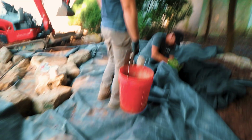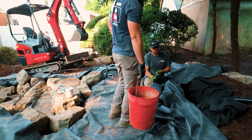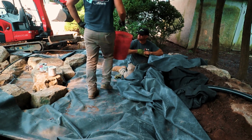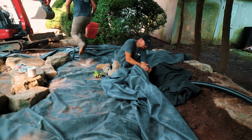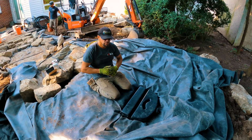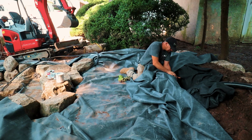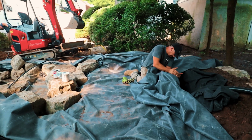Right now, our plan is to have this top liner area be a large pooling area. So what Boley's done so far is he's dug under the liner in the ground so that the spillway can sit flush with our excavation grade for where the rock's going to be. This will create an effect to make it look like the water's just pooling up